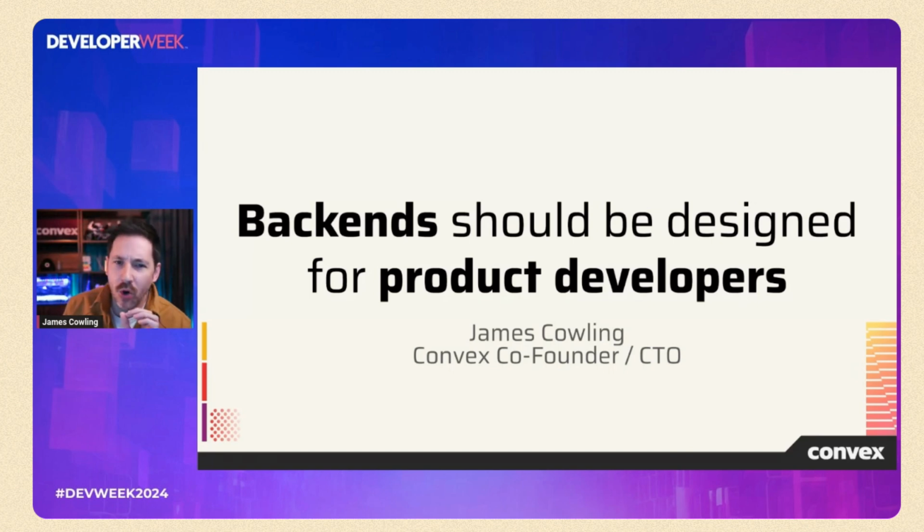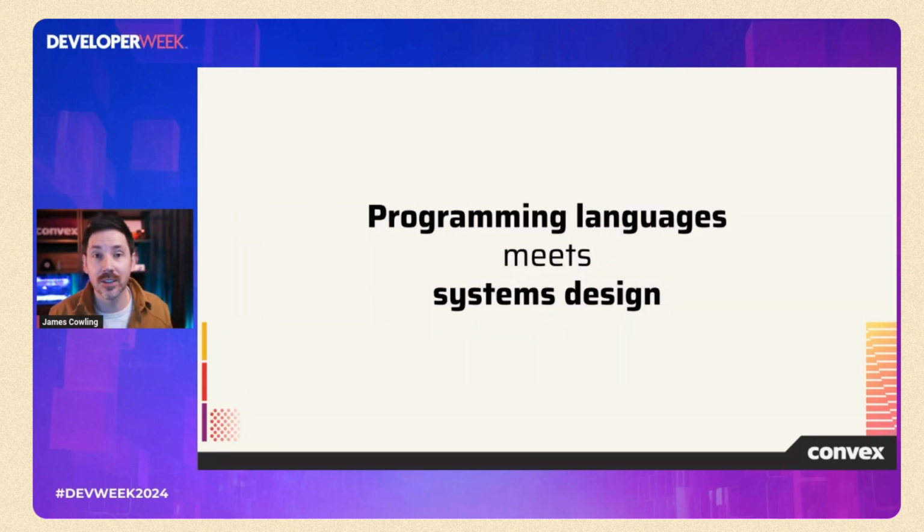When writing this talk, I was thinking back to the origin of some of these ideas and my time doing a PhD with a professor named Barbara Liskov at MIT. You might have heard of Barbara. She's one of the most important figures in computer science, and the Liskov substitution principle is named after her. But I think part of the reason she was so influential is she started in the early days of programming language theory and was actually the person who pioneered the idea of abstraction in programming languages and then moved into systems, so distributed transactions and consensus protocols.